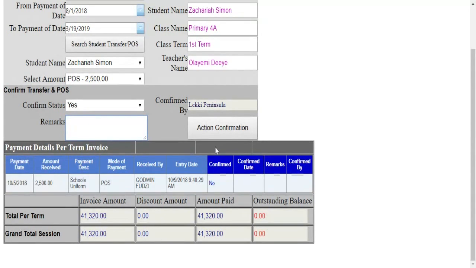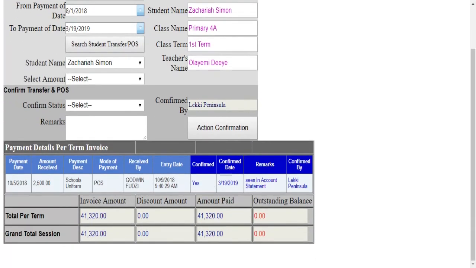Once this confirmation is done, you can even put a comment here, say seen in account statement, and then you can say confirm. Once you do that, you now notice that the confirmation status has changed. Yes, confirm date, which is today. The remark I made, seen in account statement, is the source of my confirmation, and I've actually confirmed that